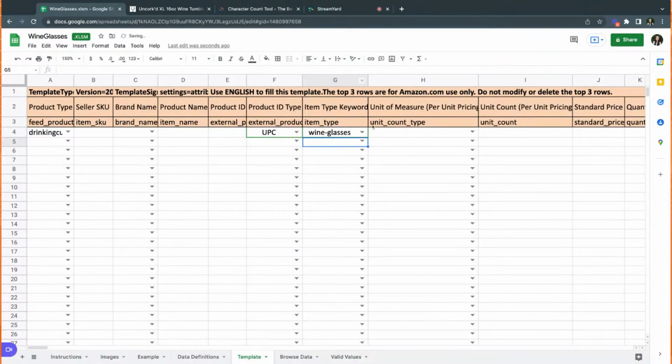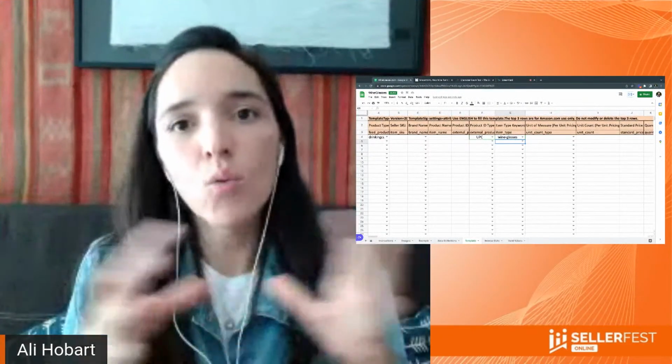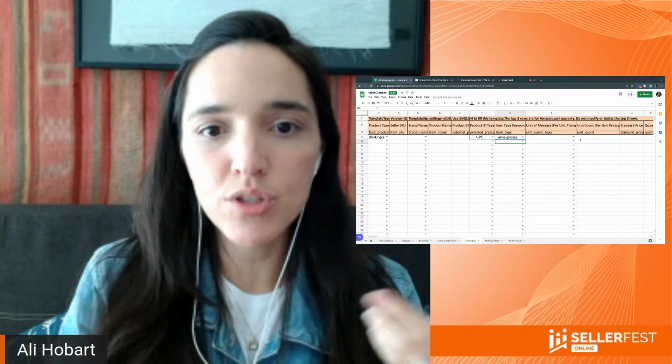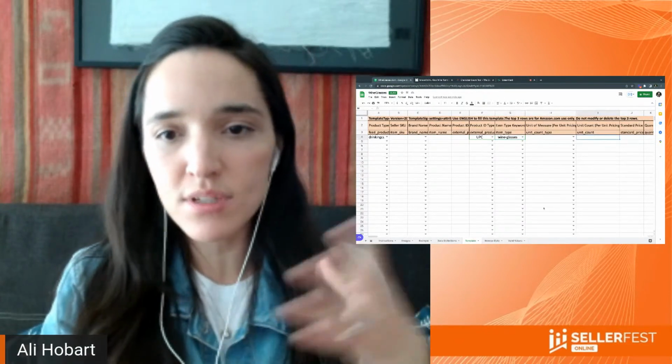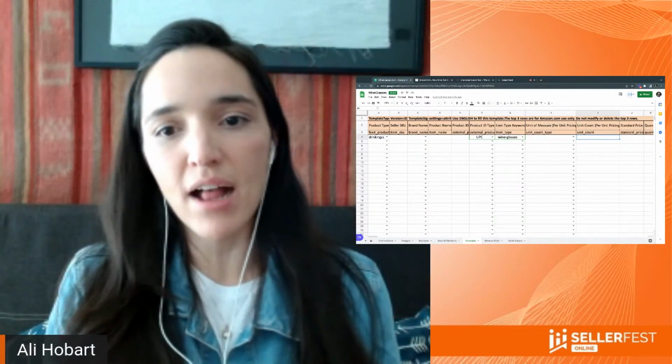Even if there's no little arrow here, I still copy and paste if there's the option on the valid values template, just to avoid any issues. And this unit of measure is if you're selling maybe a bundle, a package of 6, let's say I'm selling 6 wine cups a set, then you're going to put the count type and the unit count. And again, if you have any issues, just go through data definitions and valid values.